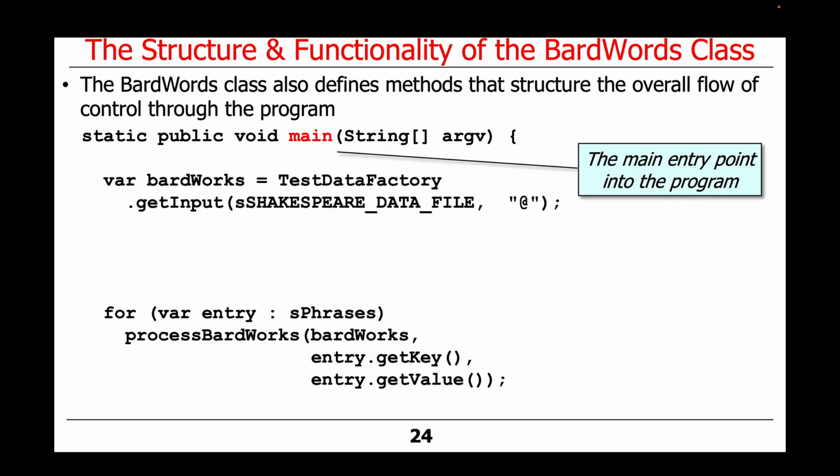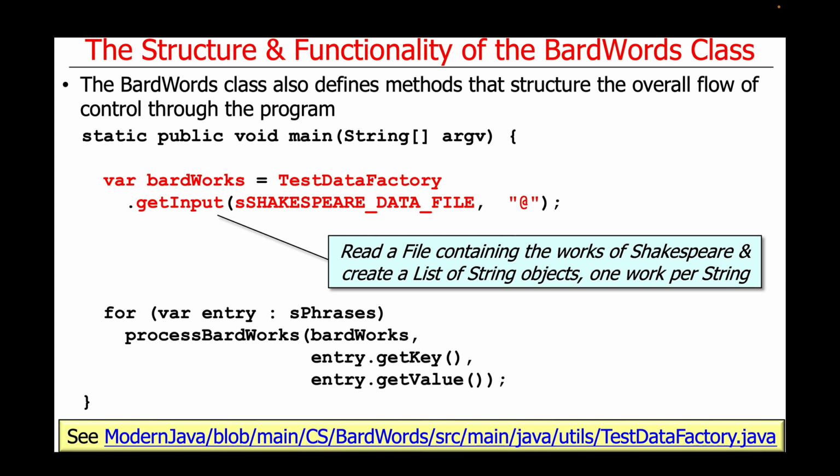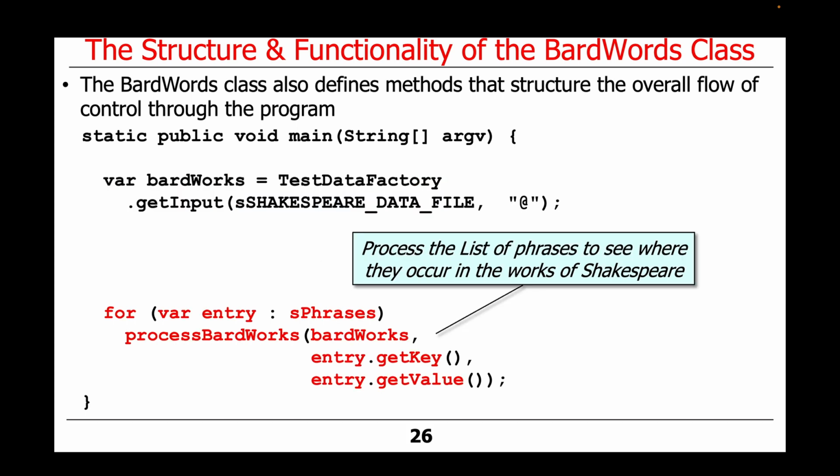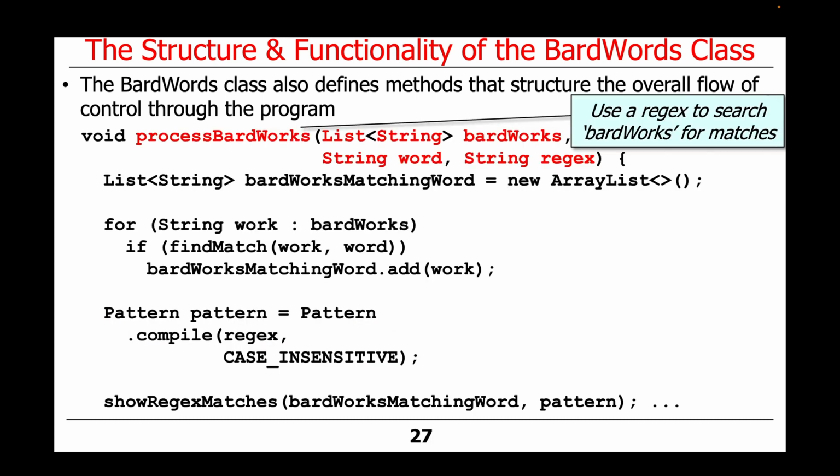As usual, main provides the main entry point into the program. The first thing that happens in main is that the testDataFactory_getInput method is called to read a file containing the works of Shakespeare and to create a list of string objects, one work per string. We'll walk through the implementation of the testDataFactory_getInput method in part 3 of this lesson. Next, the Java for-each loop is used to process the list of phrases to see where they occur in the works of Shakespeare. We'll now take a look at the processBardWorks method, which uses a regular expression to